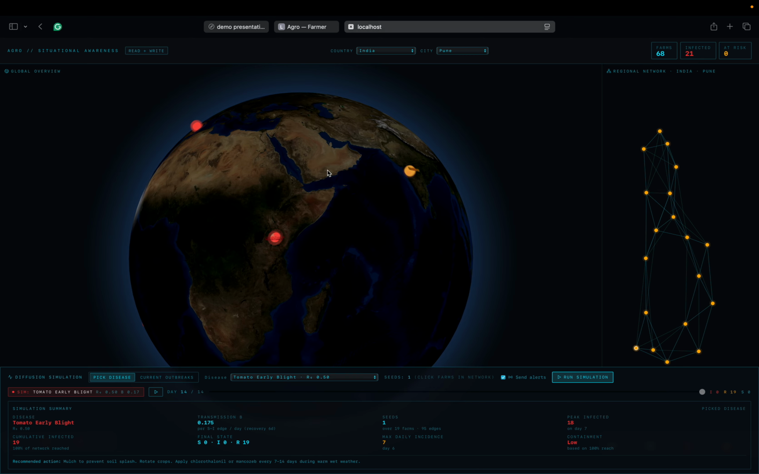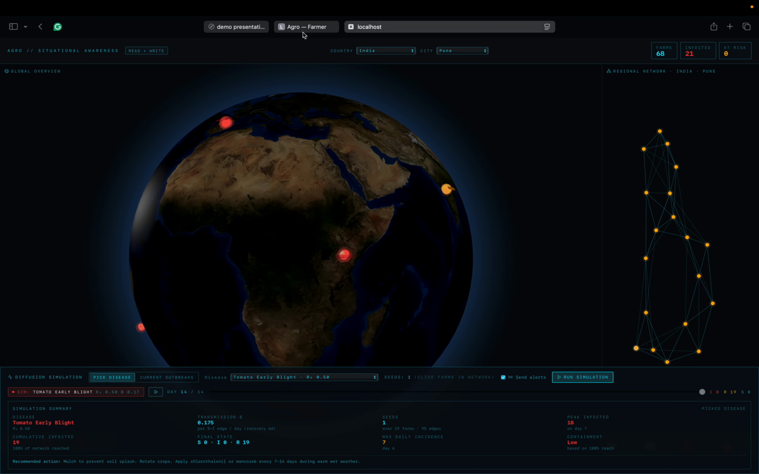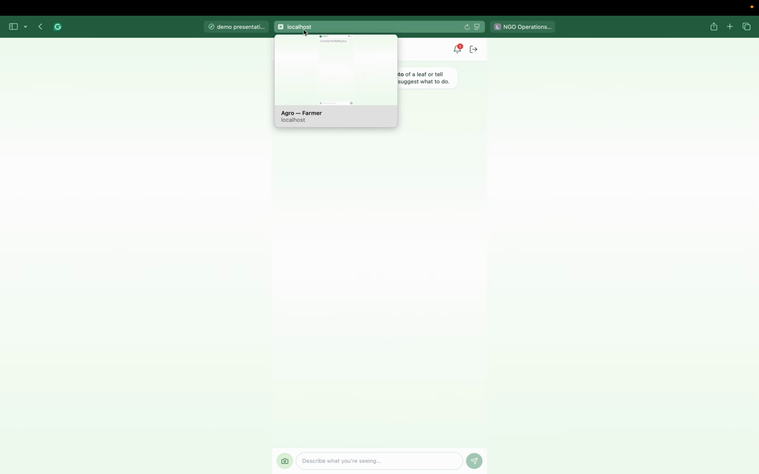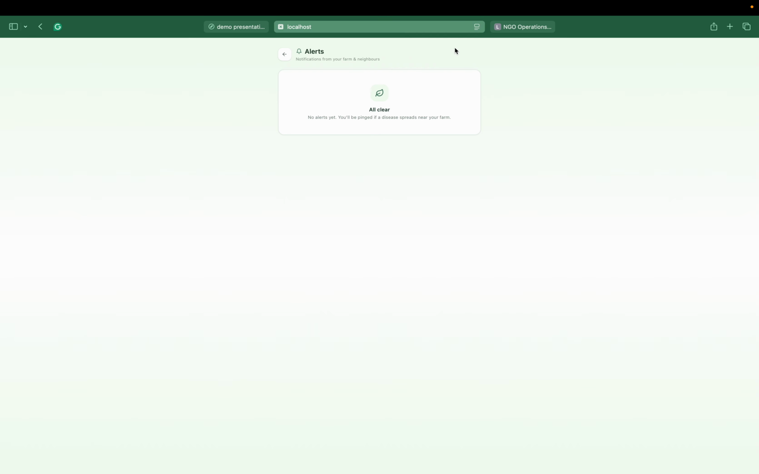Now, how does this look for a farmer like me? Once I log into my Agro account, I see this chat interface. I get notifications up here and I'm able to communicate via this chat interface. So when we go into these notifications,